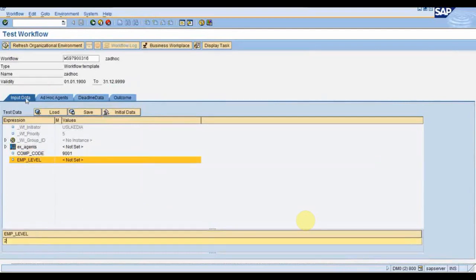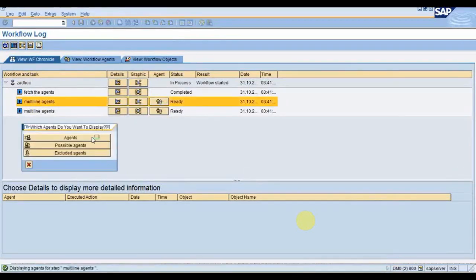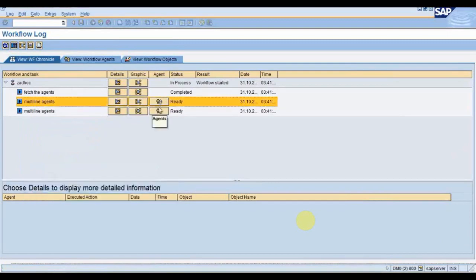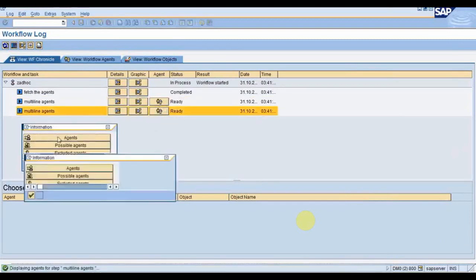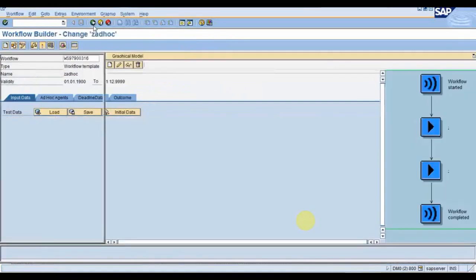I think for 2 we have maintained 2 user IDs in the backend. Fine, I'm done with it. So here let me see these 2 users. Fine.